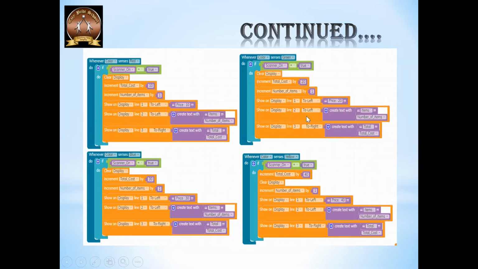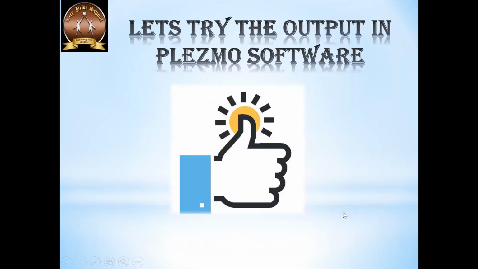In every loop you have to duplicate. If you make the first loop, you can duplicate it for the others, but you have to make certain changes in the price, that is the total cost increment, and in the display, price 10, 20, 30 or 40. So let us try this program in our Plasmo software.